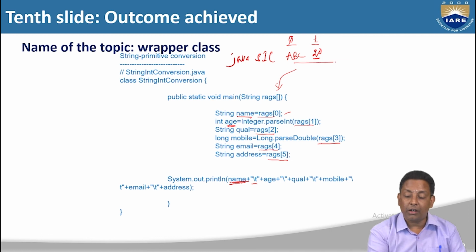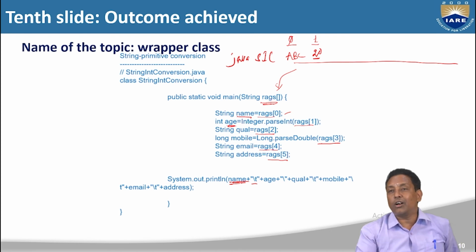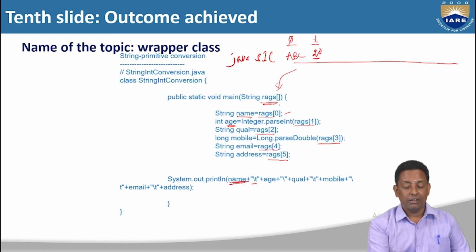That means all command line arguments we are passing through the command prompt are all treated as string values. That is why the main method is taking a string array as an argument. So here age is coming as a string value into the string array. From that we are taking args[1]. It's an int, that we know. So how to convert this string to int into int age using the Integer wrapper class, Integer.parseInt(args[1]). So the 20 will be converted into primitive int.